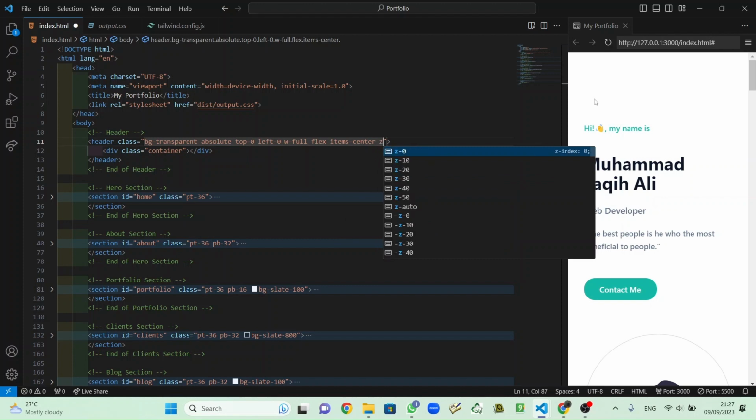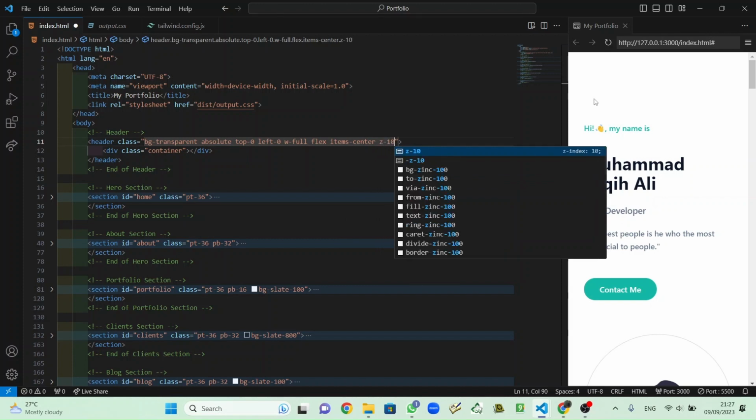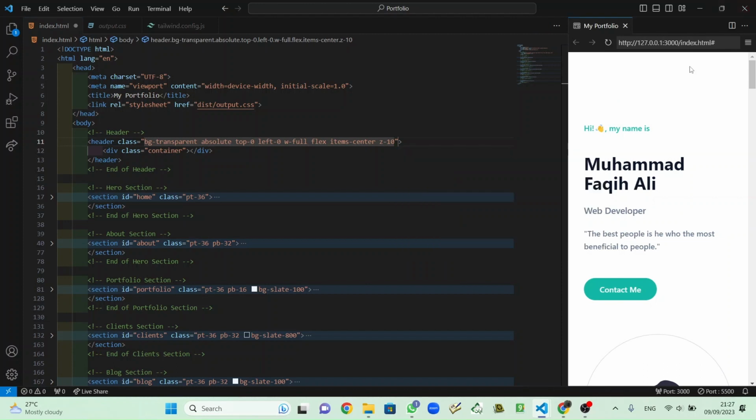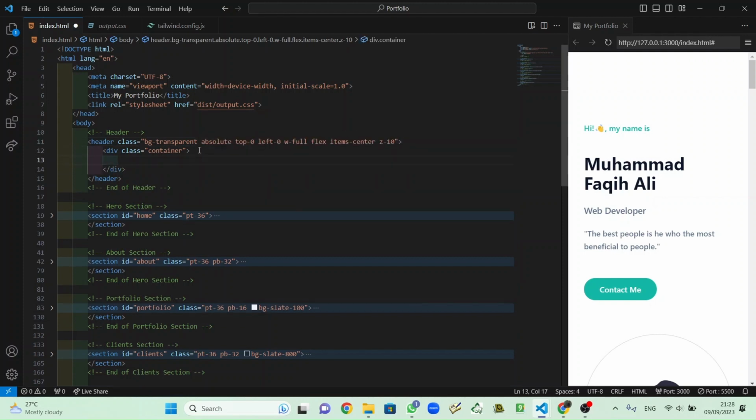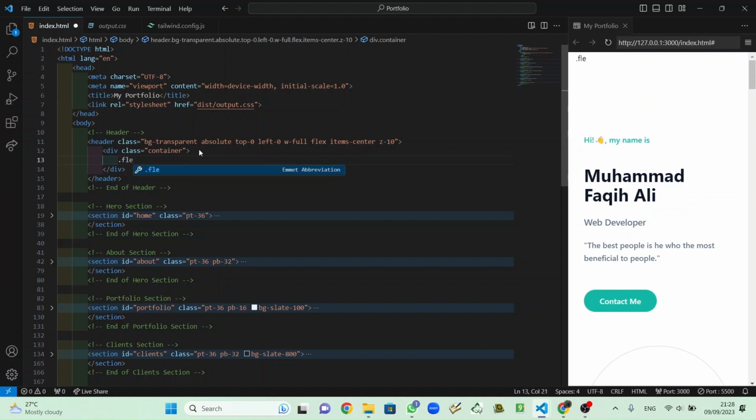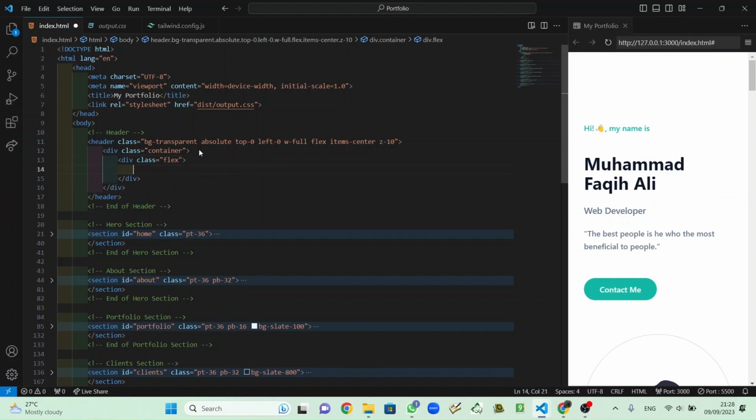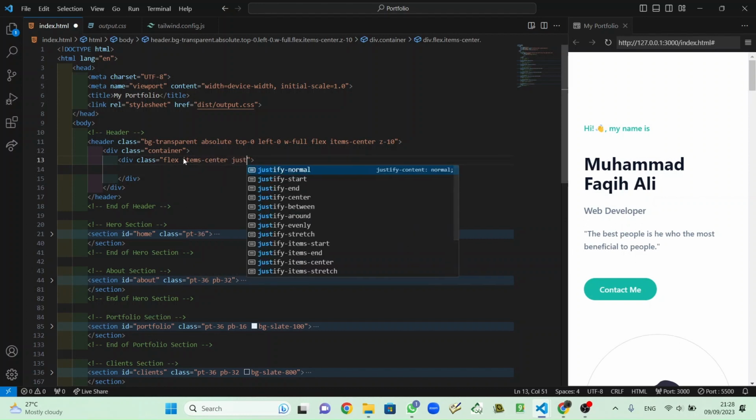And flex items item center, and then z index. Why z index? So it will appear on the screen, at the front. So after container, we will put more class with flex, and also inside flex is item center, and just define